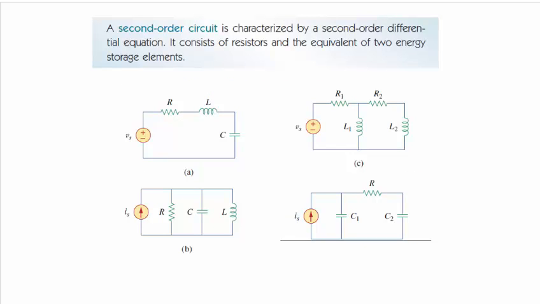Okay, so a second order circuit, as you can guess by now, is going to have a second order differential equation involved, which means a second derivative. So it will consist of resistors and two of our other passive energy storage elements, be it inductors or capacitors, or in some way where you cannot lump the elements together, like in example C and example D. You cannot lump the two capacitors or the two inductors together, so they are separate. They will come up separate when you start writing equations for them, and that will create a second order circuit.